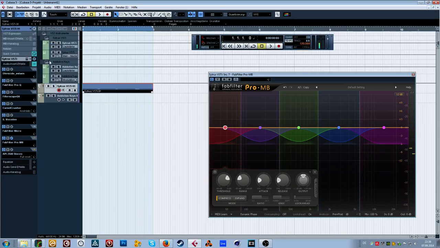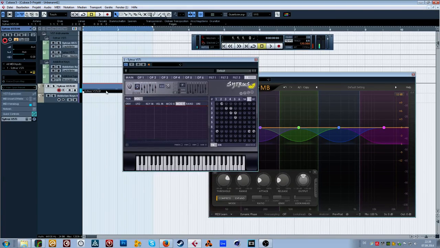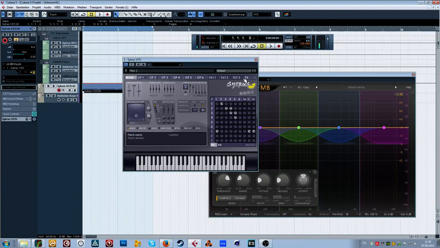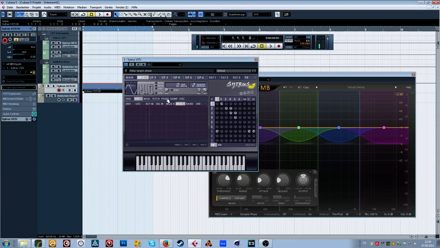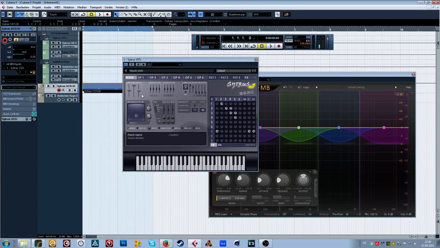The problem is, somehow I can't use my pitch bend wheel on this thing because it just doesn't work sometimes. So I will link the pitch of all the oscillators to modulator X,